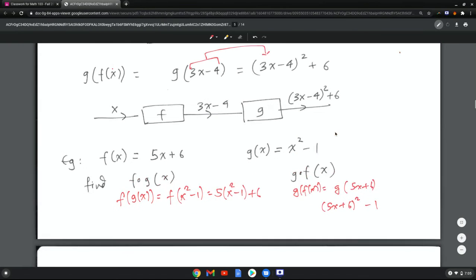Okay, that's the end of this section. We're going to talk about another special kind of function in the